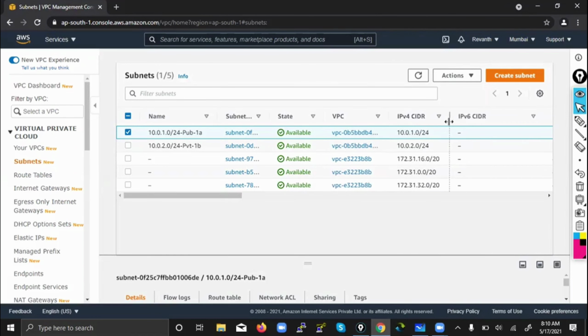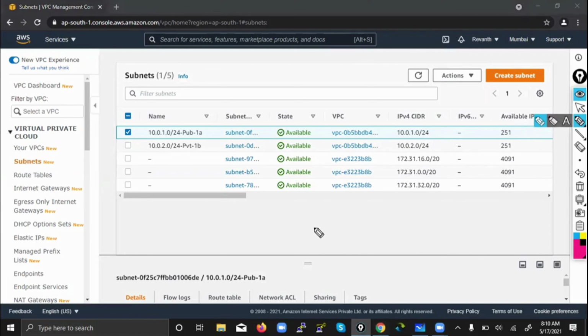/24 means how many? 2 power 8, 256. 2 power 8 is 256. So in a public subnet you can launch 256 machines. In a private subnet also you can launch 256 machines. But what they are saying here in this column, you can launch only